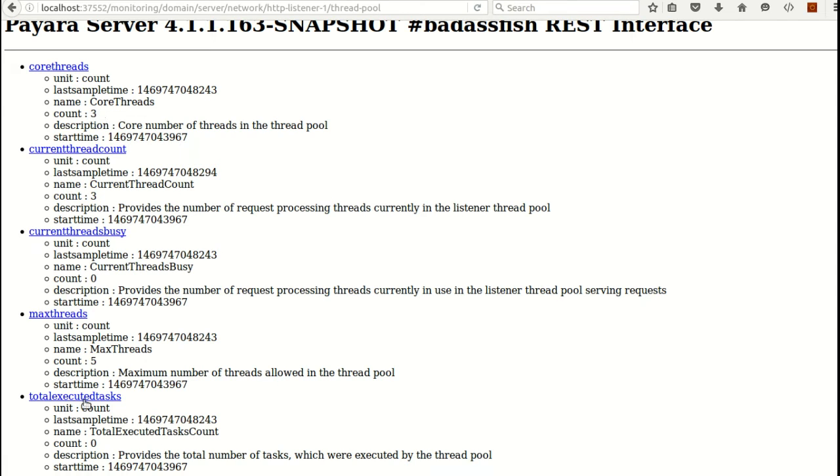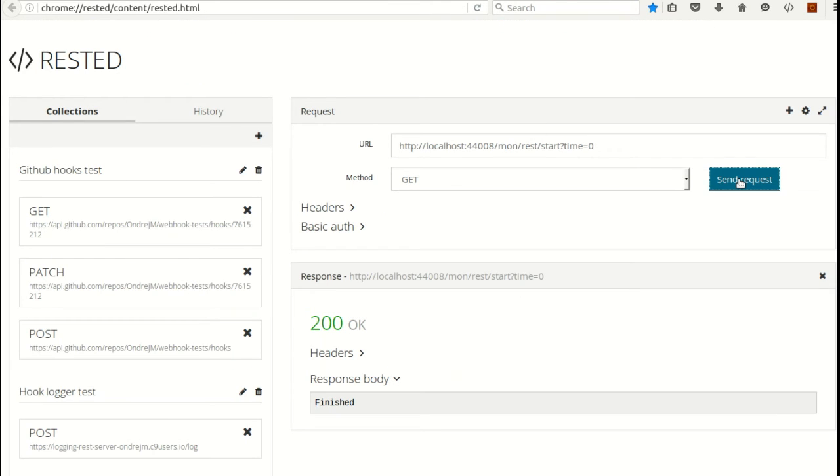These are the defaults, and I used the same configuration for the 1.6.3 release, so we see that the core threads and current threads reflect the minimum number of threads, and maximum number of threads reflects the maximum number of threads from the configuration. Total executed tasks is 0, so we will execute some tasks,